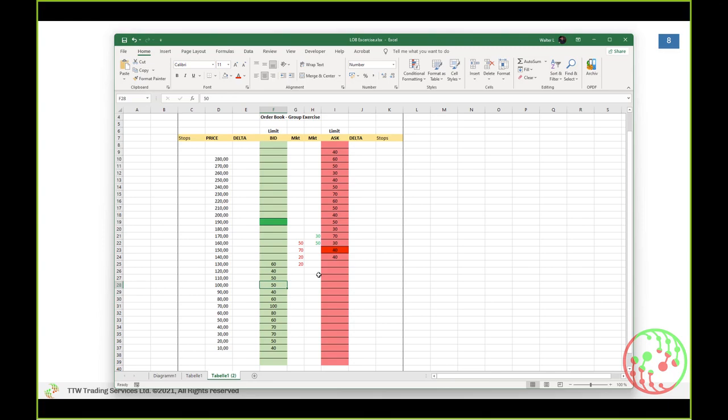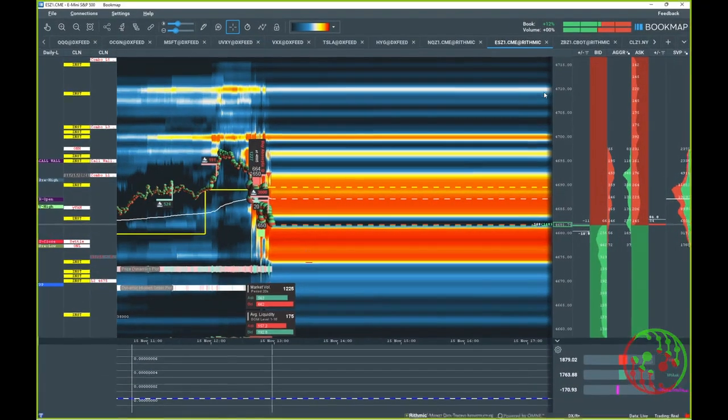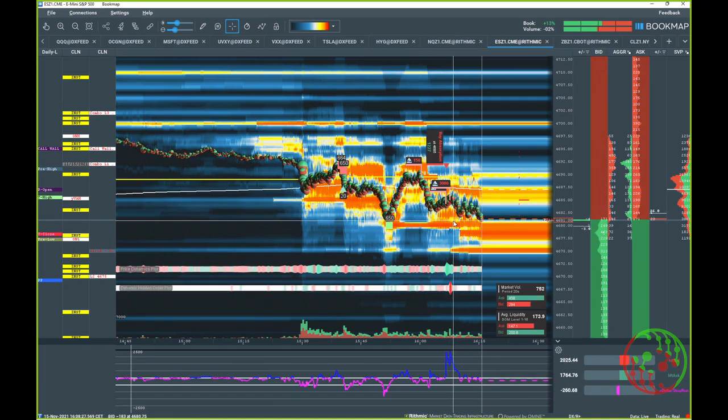So that's what we should keep in mind, because it's really precious information we can get out of that, because we are talking about thin instruments like NQ, for example. I will show you that on a live chart. Oh no, let's do that immediately now. Let's do this discussion right now, because it's important. This is the actual market.